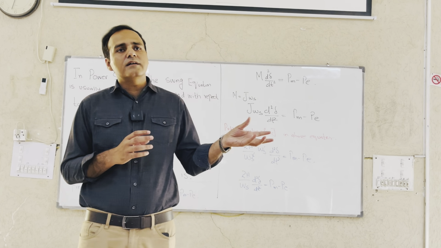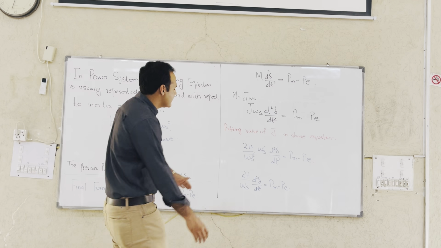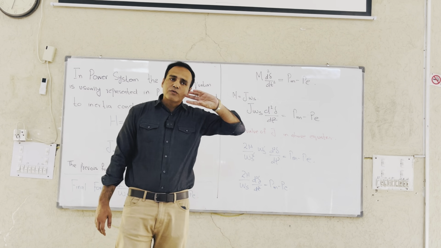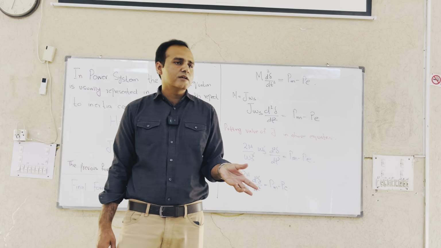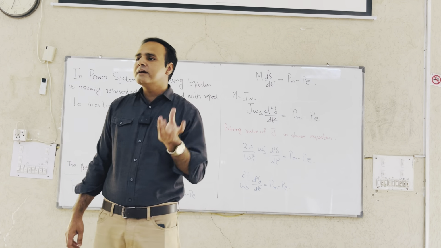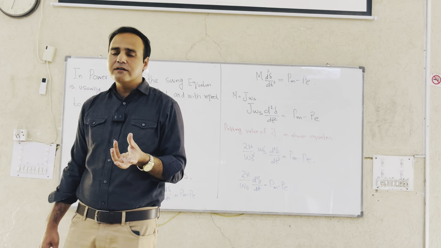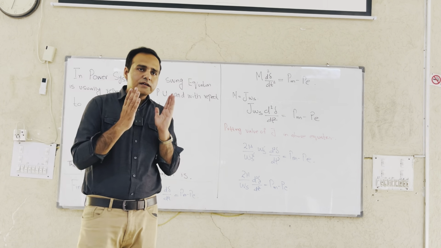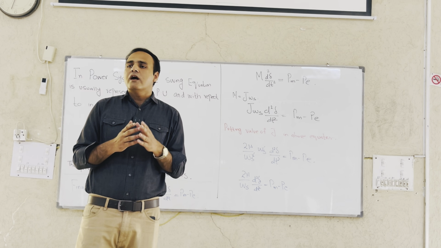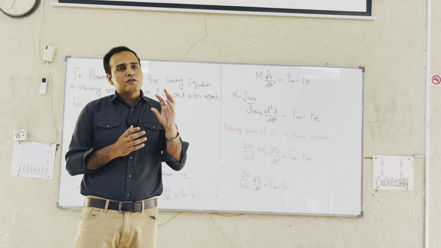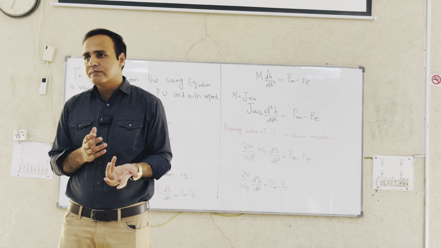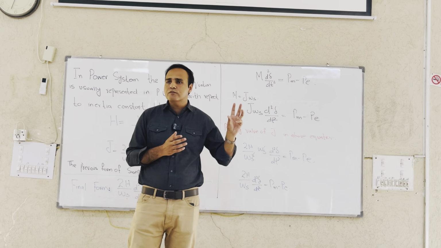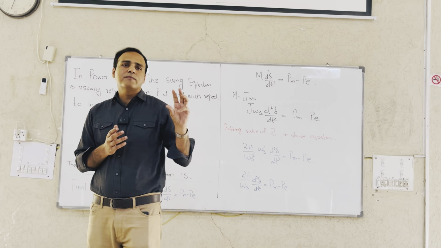अगर हम इसको ऐसे ही लिखते रहेंगे जैसे कि यहाँ पे लिखी हुई है, अभी जो फॉर्म है स्विंग इक्वेशन की, ये आपको ये बता रही है कि आपका जनरेटर जब उसके ऊपर कोई डिस्टर्बेंस आई तो उस डिस्टर्बेंस आने के बाद क्या हुआ, जनरेटर एक्सेलरेशन गेन की या डिसेलरेशन की। स्विंग इक्वेशन क्या बताती है, जैसे कि मैंने एक लेक्चर के स्टार्ट में आपको बताया था, वो आपको ये बताती है कि जैसे ही डिस्टर्बेंस आपके जनरेटर के ऊपर आए, देन हाउ मच योर रोटर स्विंग्स फ्रॉम इट्स सिंक्रोनस पोजिशन. So the angle at which your rotor swings from its synchronous position, that angle is explained with the help of